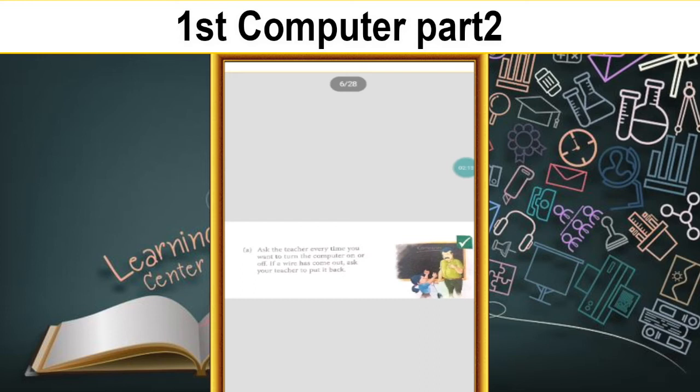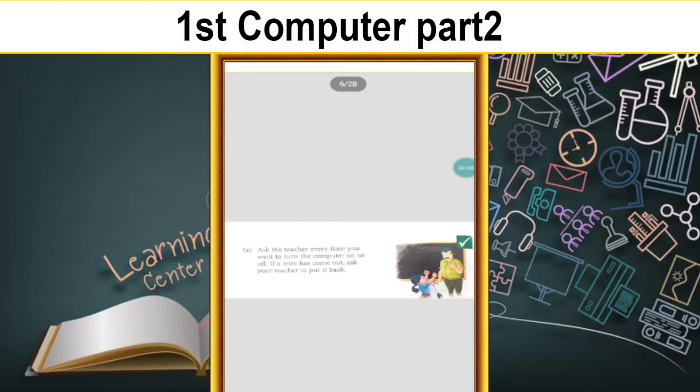If wires come out from the plugs, first of all you have to raise your hand and tell the teacher. When you want to switch the computer on or off, you should ask first. If wires come out of the plug, you have to inform your teacher.